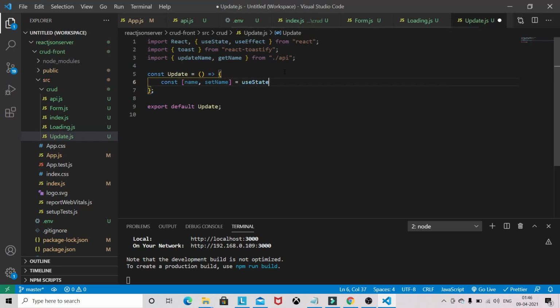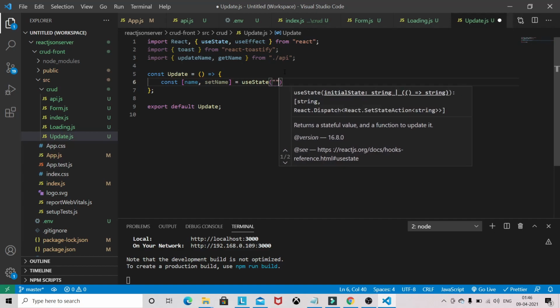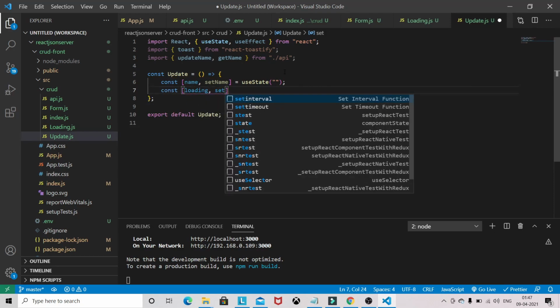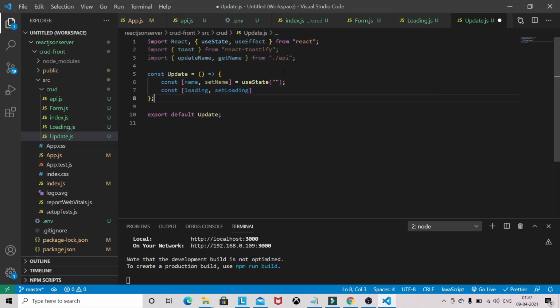So we have to again specify some internal state, loading, select loading.